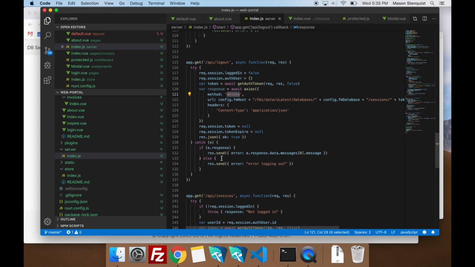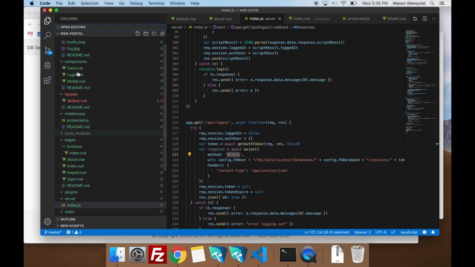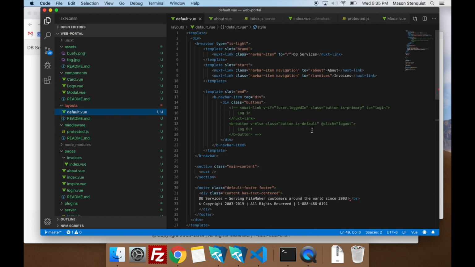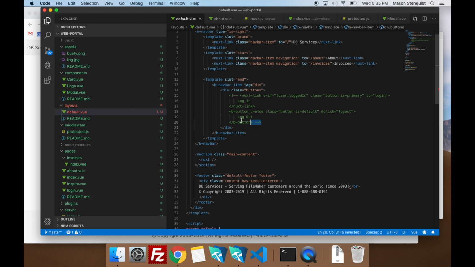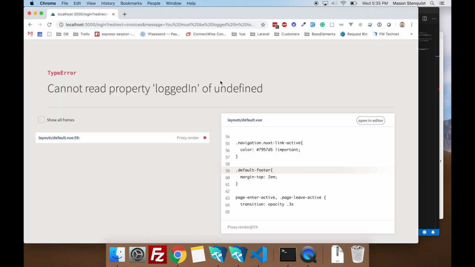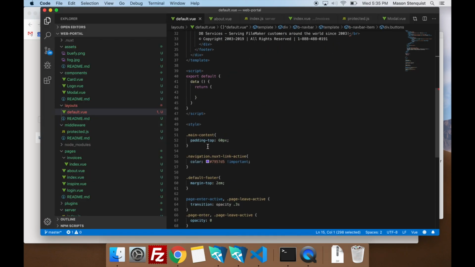All right, so now we need some way to call these. So let's go back to our view. I'm just going to minimize that. In our default layout, we had disabled these, but let's go ahead and enable these now. So when we reload, I don't think we finished.